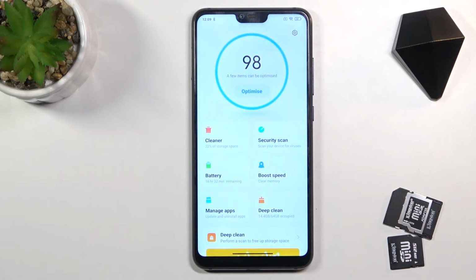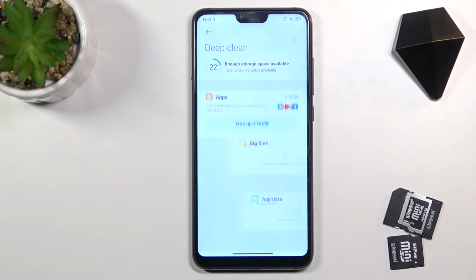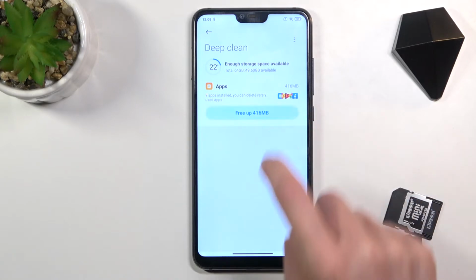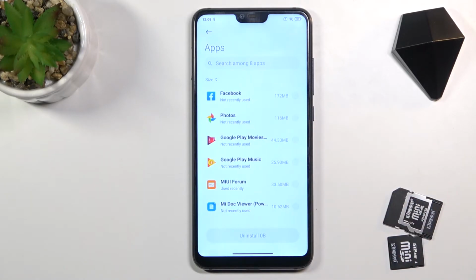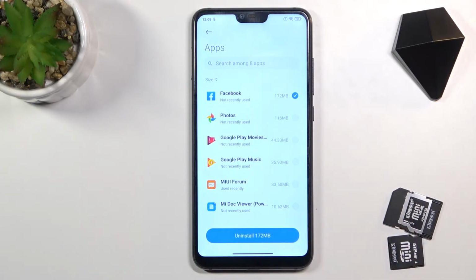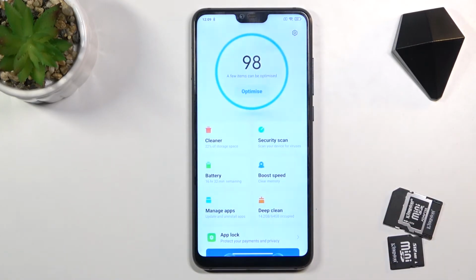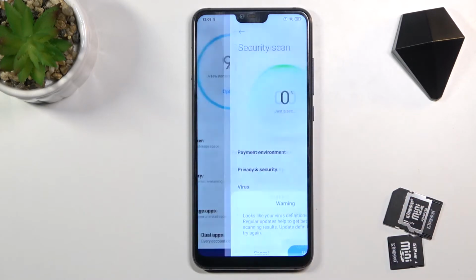Let me go back. Then you can perform a deep clean, just mark it. And if you would like to free up some space, just tap on free up some memory. Mark those that you would like to remove and tap on uninstall. And that's it. Then we can go back again, and now you can click on security scan